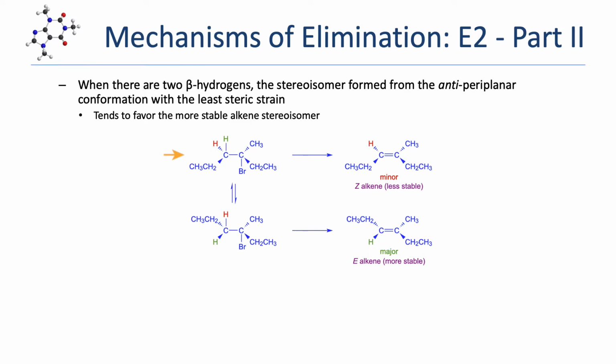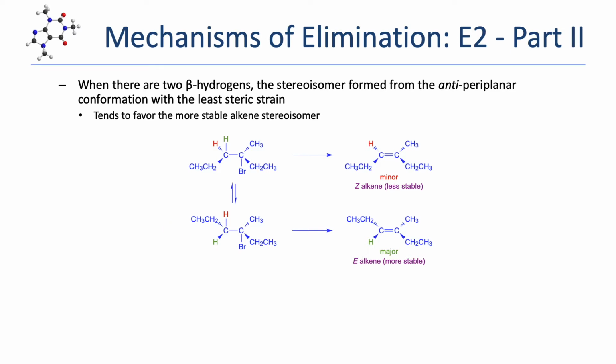Because the two ethyl groups in this conformation are pointing in the same direction, they'll end up in the same direction in the product, giving rise to a Z isomer. When the red hydrogen is placed anti-periplanar to the leaving group via free rotation, the two ethyl groups are now pointing in opposite directions, and that means they'll retain that spatial arrangement in the final product, giving rise to an